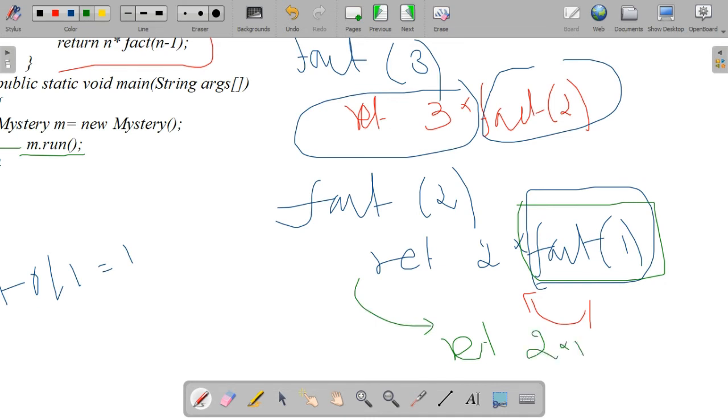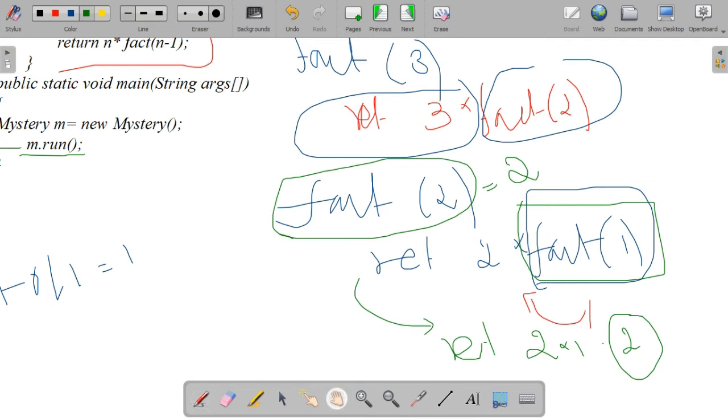The complete invocation has finished and it has the value 1. Now we can write return 2 into 1 equal to, what is the value? 2. So fact of 2 has the value 2. And we had previously suspended the invocation of fact of 2 until fact of 1 completed.